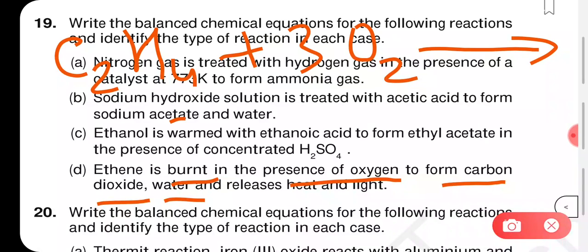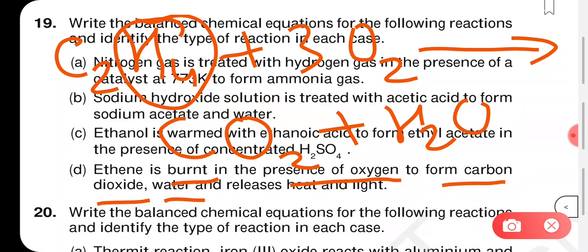Means with carbon, what is coming? Oxygen. So as you see, oxygen has been added to carbon, so it is a kind of oxidation reaction. Okay, also there is a loss of hydrogen. From here this hydrogen is being lost, so there is a reduction also taking place to give you water. Fine. So you can call this a redox reaction as well, because you see oxidation and reduction both happening, and heat and light is produced. So after this you have to mention heat and light. Okay, heat is produced, light is produced, that also you need to mention. Because the heat is being produced, it is a kind of exothermic reaction.